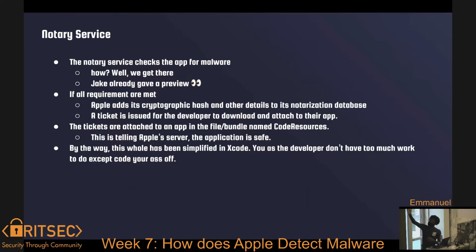Yeah, this is just the steps of how the Notarized service really works. I'm not really going to go in depth into it. But at the end of the day, like I said, Apple is trying to make this much easier for people rather than you manually trying to get the signature and attach it to your app and sending it again back to the Apple servers. If you do everything from Xcode, it just simplifies that whole step for you. So all you have to do now is just keep on writing code because that's what we like to do, while they deal with the security aspect of it.